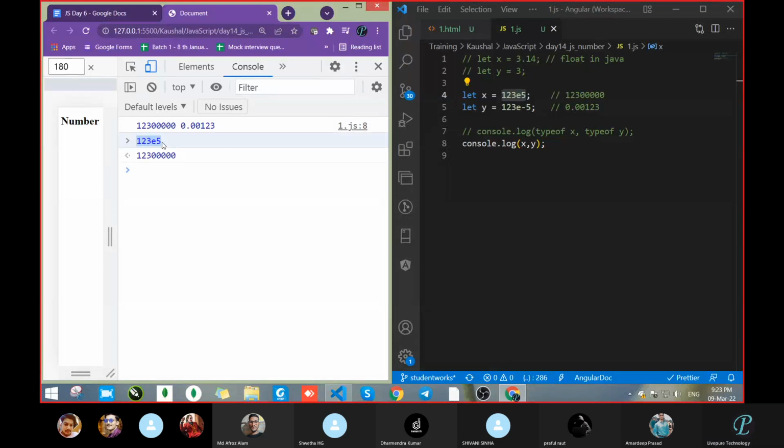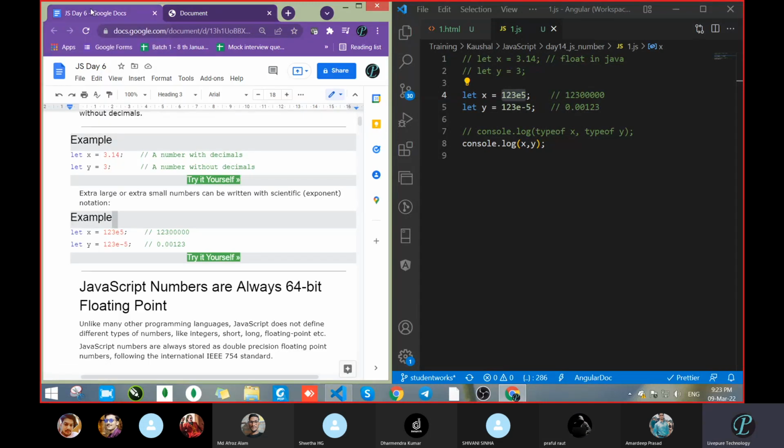Is this 1 to 3 power 5 or something different? No, sir, not power, sir. Exponent, sir. Okay, means a log value, I think. In the form of log exponent, I think it will represent like that. Yeah, sir, log value.